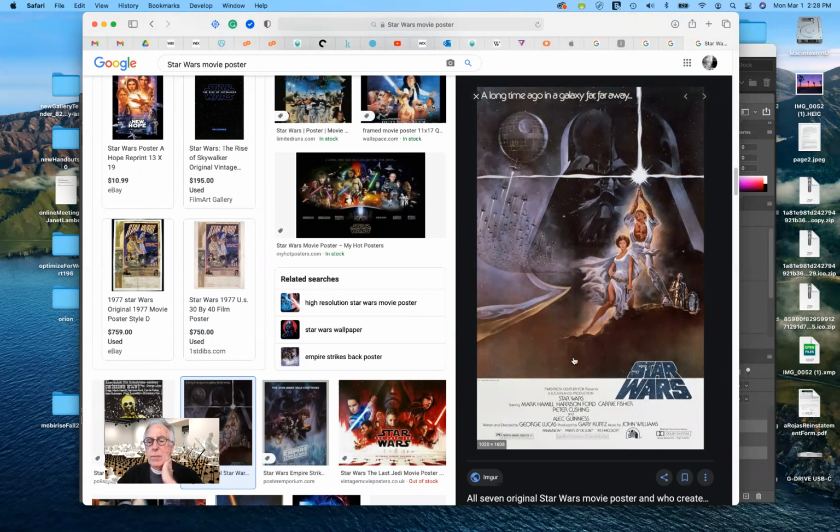But by doing that, they take the unique logo of Star Wars, receded into space in one point perspective, and it helps to tie the two together and draw your eye in. But notice how this is composed. It's off center, so it's not symmetrical like most of the movie posters that we've looked at. This is before Han Solo, Harrison Ford's character, became an important part of the series.